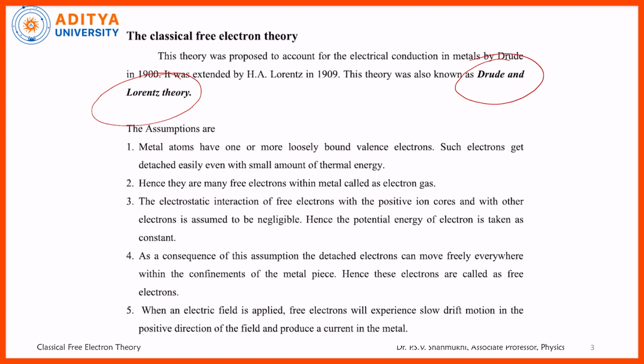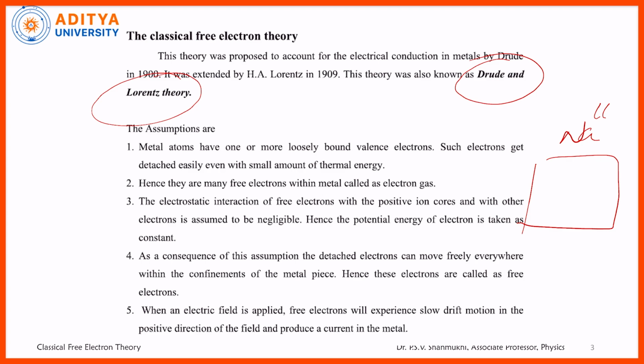As per this theory, every metal contains a large number of valence electrons. Those valence electrons are free to move randomly in different directions. Just observe, say this is a metal, for example sodium. This contains 11 electrons. Out of these 11 electrons, 10 electrons are tightly bound to the nucleus, whereas